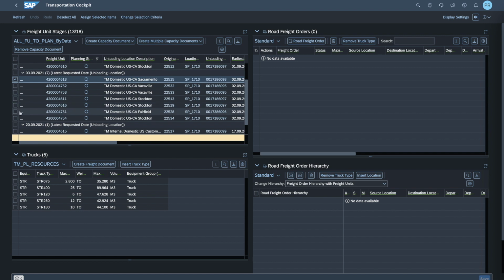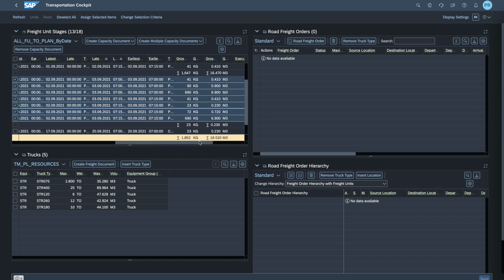Imagine if you had 100 to do. So what you can do is you simply click on the first line, you select the first line, and then you shift click on the last line corresponding to the last line of your selection. So this essentially now summarizes those freight units that I want to plan. I can also, if I look at the aggregate,